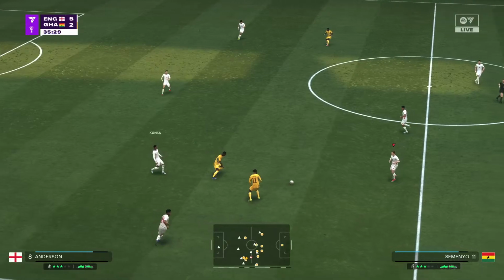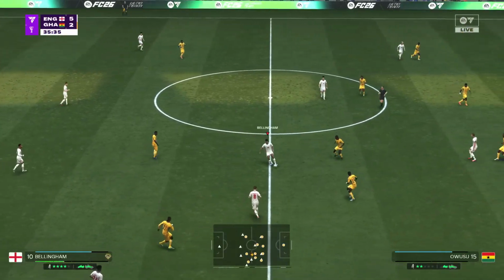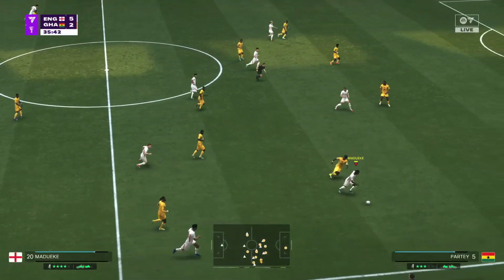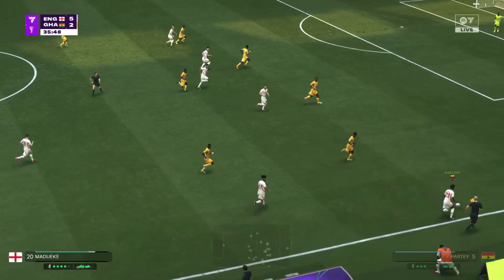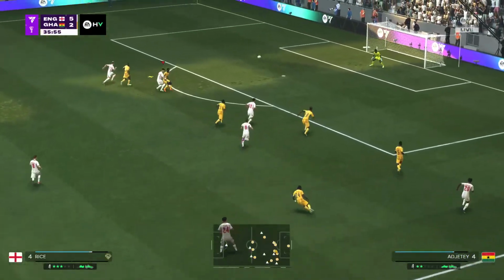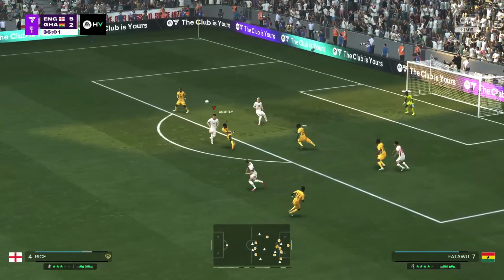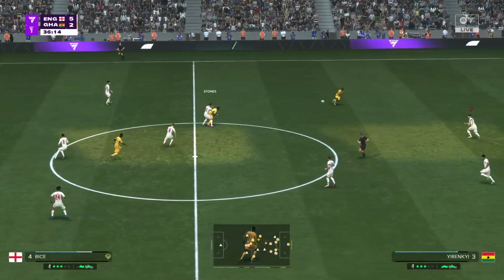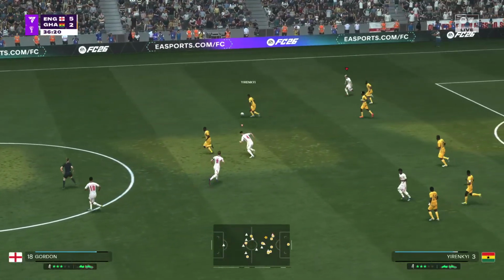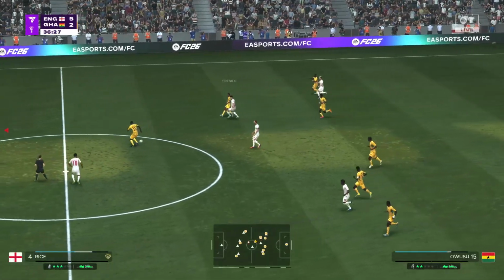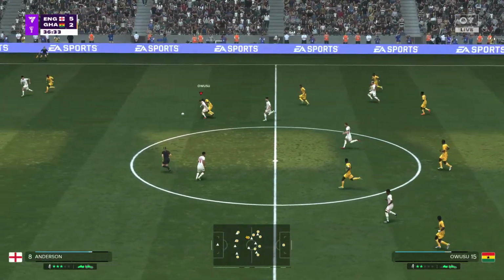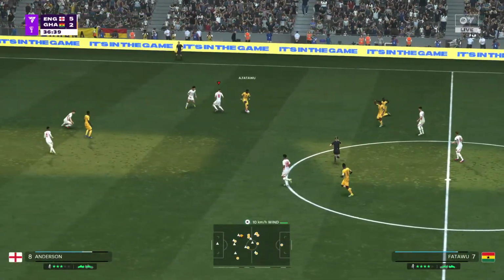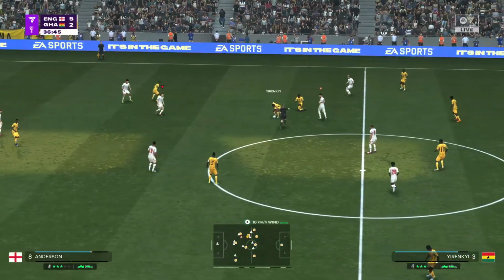Holding on to what they have is the priority, apparently. Elliot Anderson. Room to roam on the wing for England. Owusu. Referee had a good view of that one.